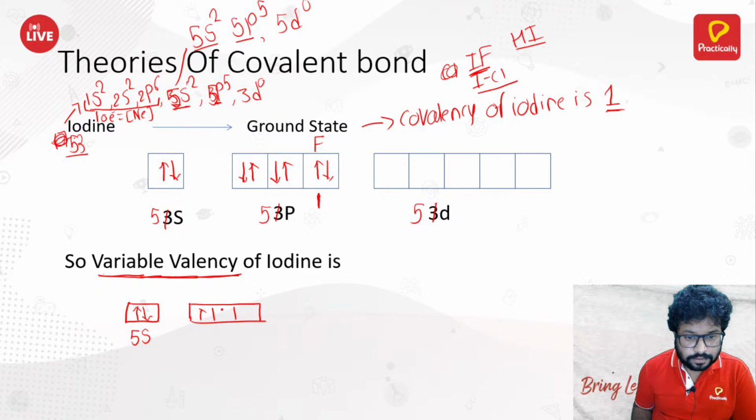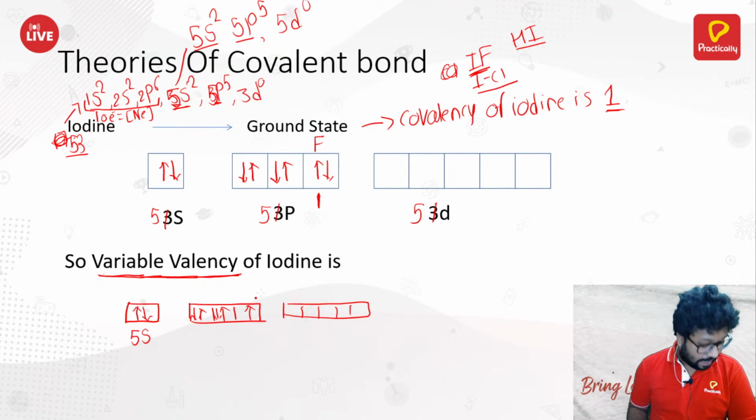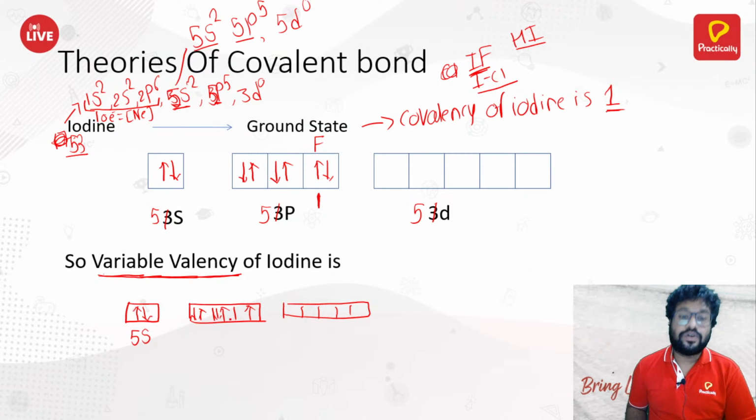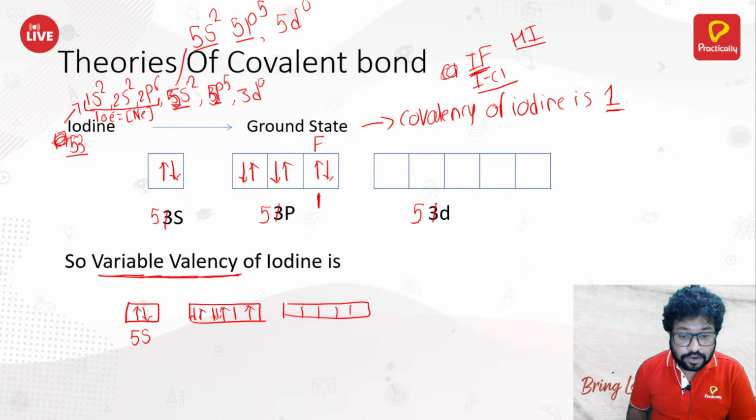5s2, 5p5. Okay, and you have a D here. D is empty. Okay, so yes, Sajid, you are right. So we can promote this electron, right? As I told you, the p orbital electrons get promoted first. So you can promote this electron here,